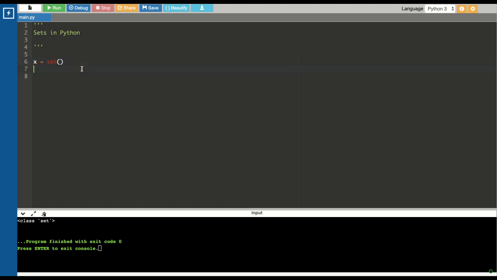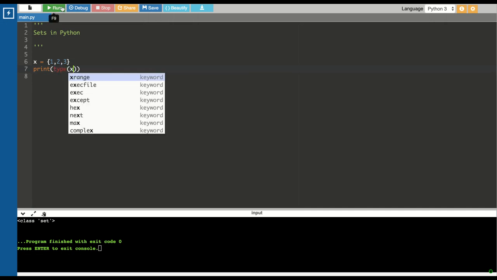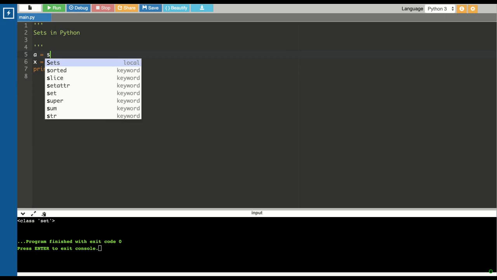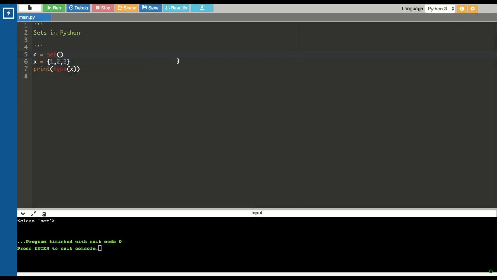You can also initialize a set using the curly braces like this. Let's see if this is a set or not. There you go. X is again a set, so you can follow both the approaches based on your comfort. Okay, but the second approach is the recommended approach where you use curly braces. If you don't want to initialize that, just remove the curly braces and keep it just like this. It will also initialize the X as a set.